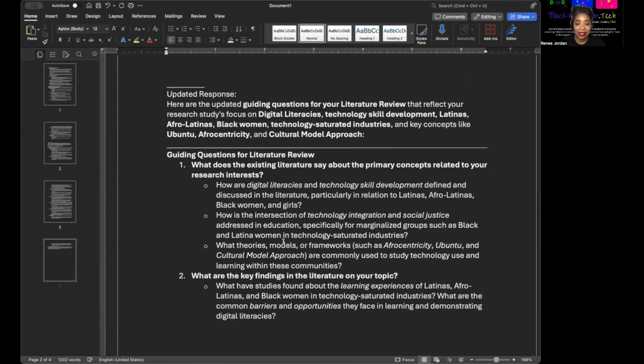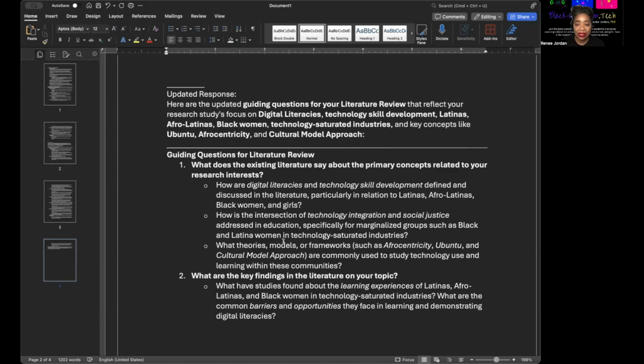What does the existing literature say about the primary concepts related to your research interests? So that was one of the original questions, but now it has honed it in so that it's talking about my specific research interests. So, how are digital literacies and technology skill development defined and discussed in the literature, particularly in relation to Latinas, Afro-Latinas, Black women, and girls?